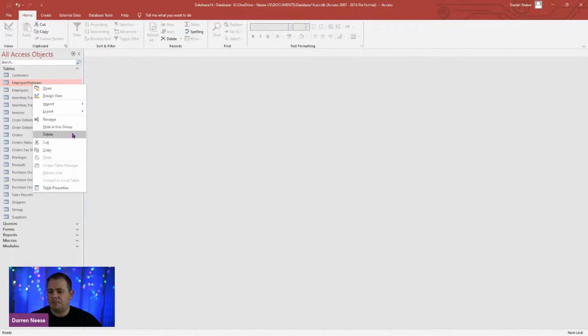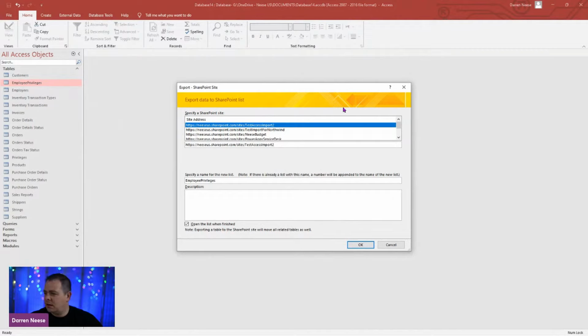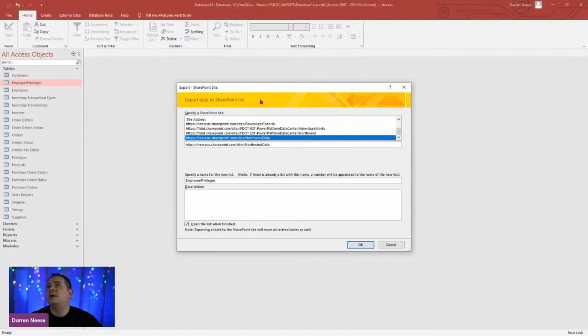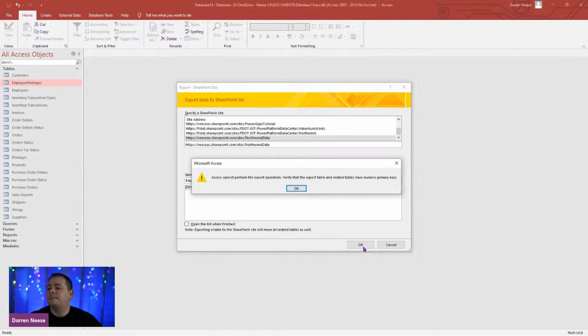I'm going to right click and export SharePoint list. All right, and we are going to use Northwind data. Employee privileges, and I'm going to click OK. Access cannot perform the export operation. Verify the export table and related tables have